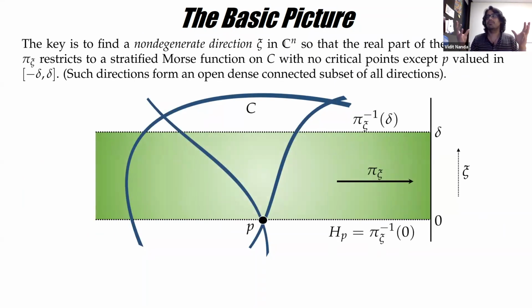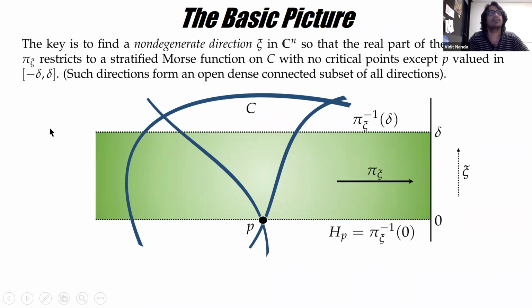So C is some curve. I'm lying here, because I've drawn a one-dimensional picture and it's a one-dimensional complex curve. So the blue stuff should be 2D somehow. P is the point. And now pi C is just the direction defining the hyperplane that cuts horizontally across the picture. And so you go through P and then you shift a little bit and you do not go through P. And so what is going to happen here, let me get the cursor back, is this hyperplane